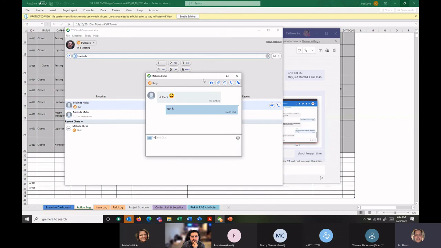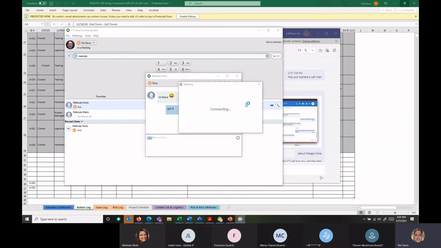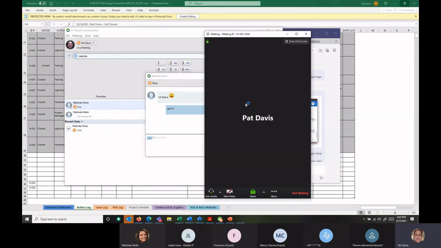Right. Yeah, the best part about it, the big difference between having standalone Zoom and having it built into our platform is that it's like a collaboration tool, right? So as me and Melinda are going back and forth here chatting, if we want to just quickly kick into a Zoom, I don't have to go to the Zoom client or schedule it from Outlook and send it to her. I just click my little button right here. I would say invite to meeting, meeting invite, start now, and basically just kick on a Zoom meeting here